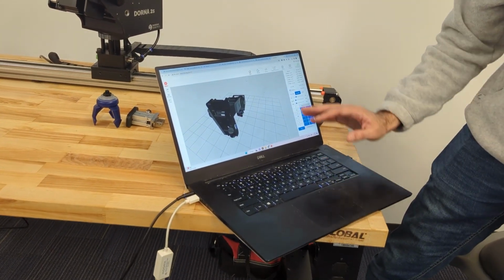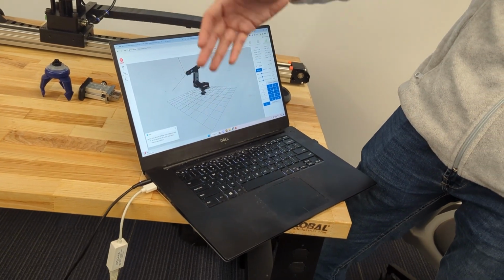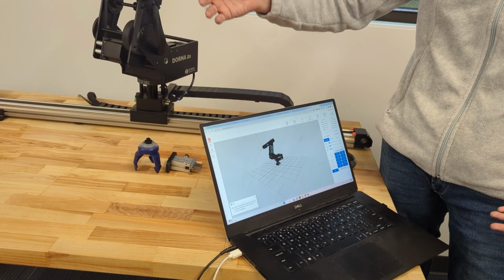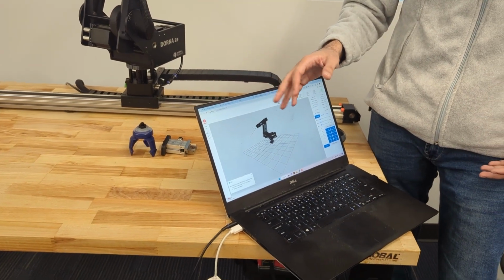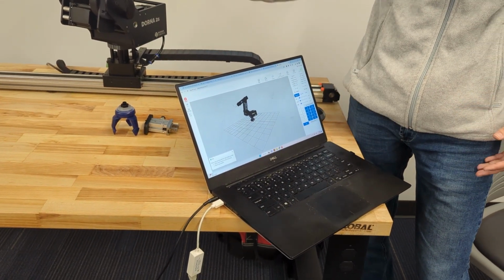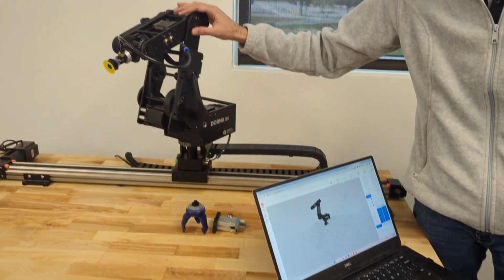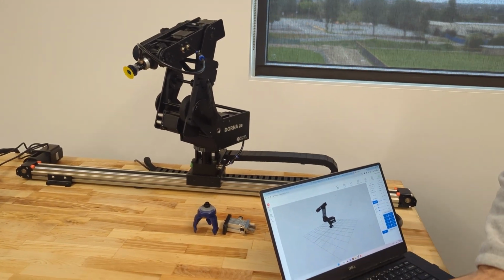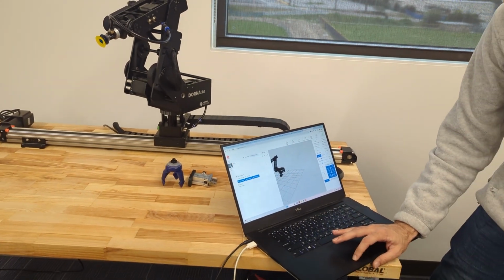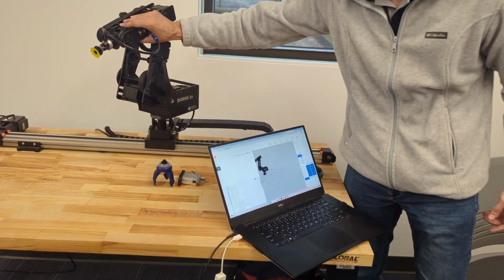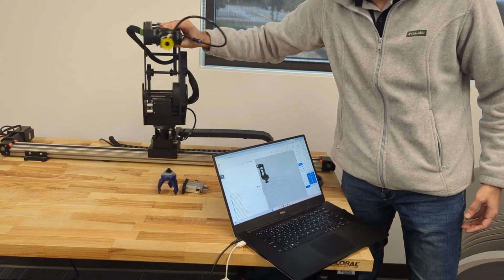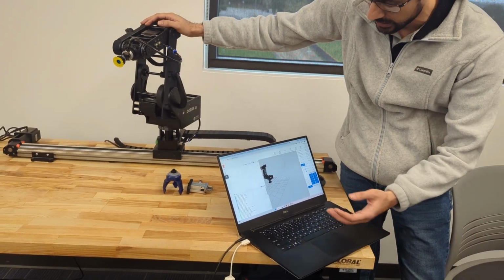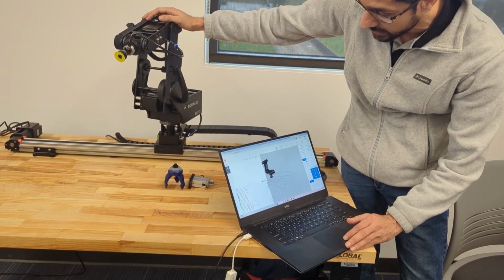So the way you access the robot, you just connect the robot either to your computer or to a router and access it through its IP address. Once you access it, you see the live view of the robot, and then there are many different ways to interact with the robot. One is to hand train the robot, move it around in a space and record your positions and let it run. Other ways are to just send commands, create